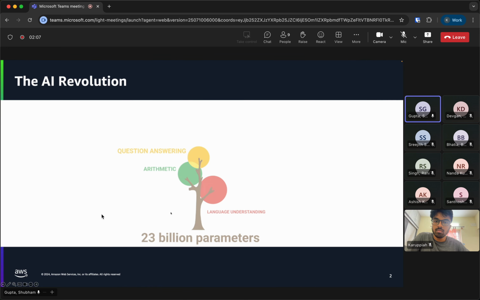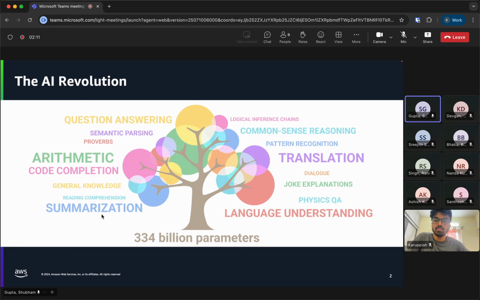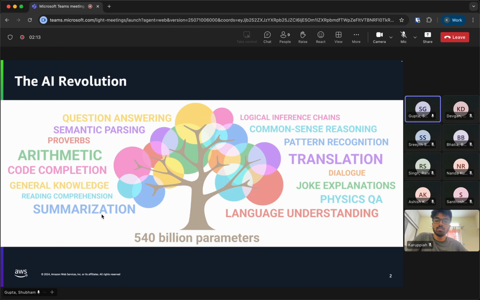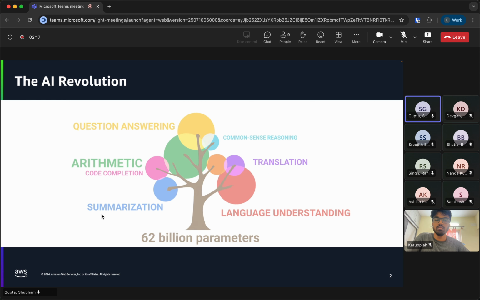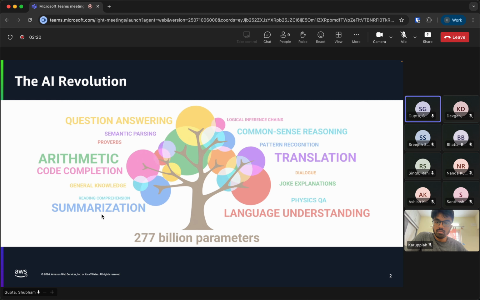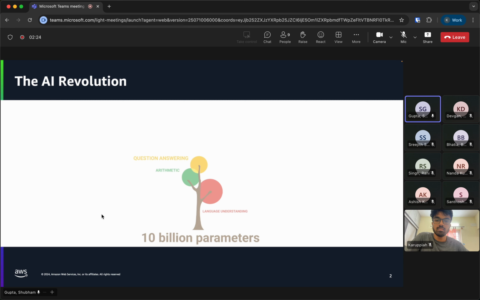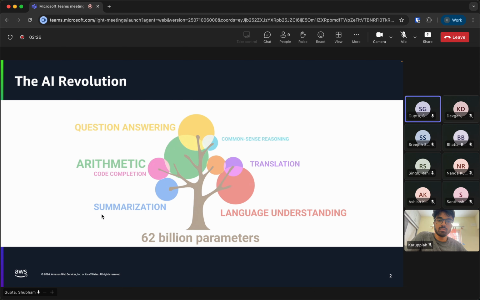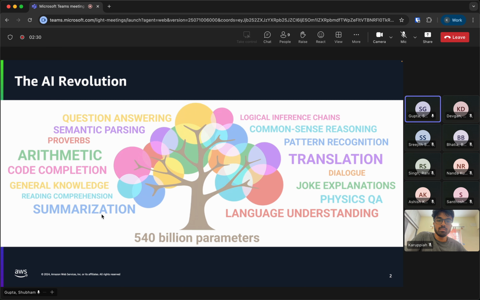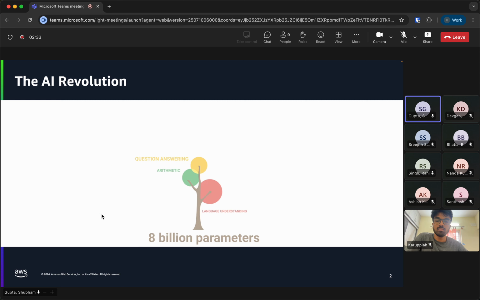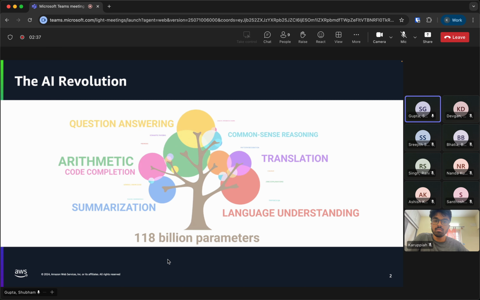Okay. So first is the AI revolution. So you might be hearing a lot of things about the capabilities of GenAI, right? What it can do, how it can change lives, how it can change the way we work. But it is not something which is new. It has been there for a long time, right? We see these 8 billion parameters. So I think before 2019, there were a lot of use cases which were already being done, like language understanding, translation, right? So all these models already existed.